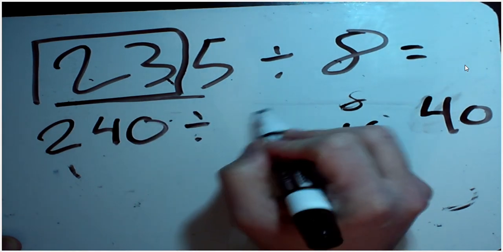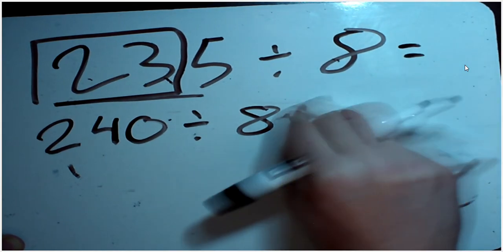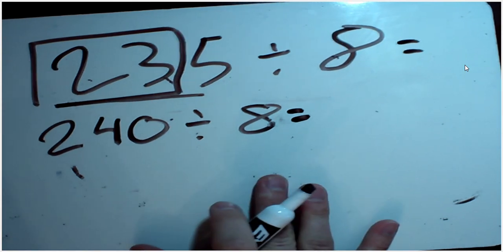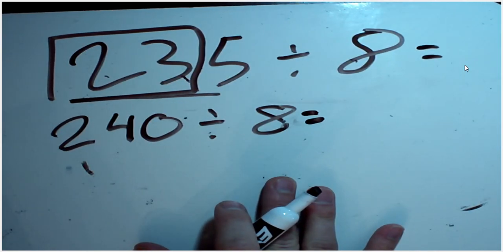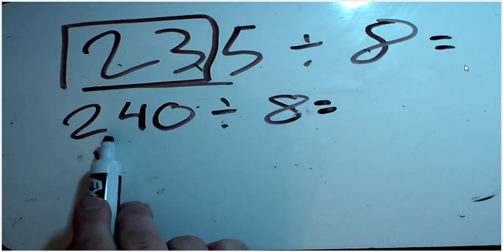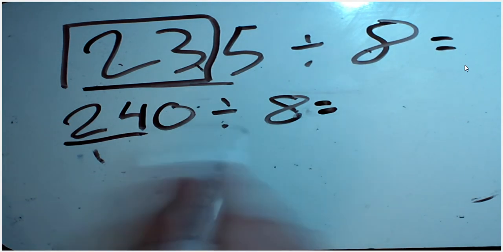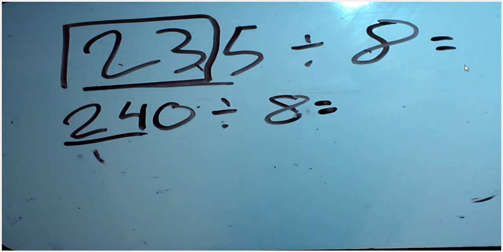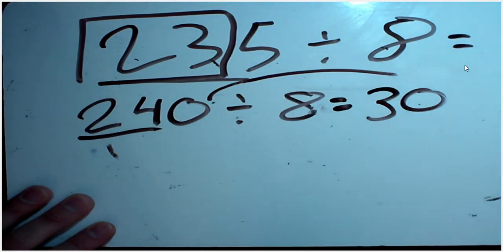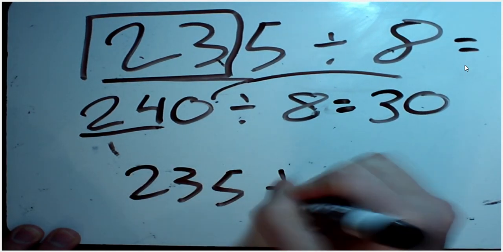And like the last problem, a lot of these compatible numbers that you're seeing are going to be multiples of 10 when you change them. Here's a multiple of 10. It ends in a 0. The reason why is it's easy to do the mental math with multiples of 10. So the next step would be, how many times does 8 go into the basic fact of 24? 24 divided by 8 is my basic fact. So 8 goes into 24 three times. Carry my 0 over, 30. So the original problem of 235 divided by 8 is about